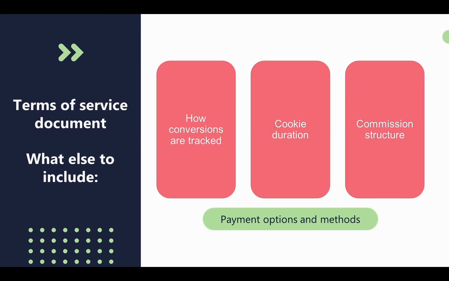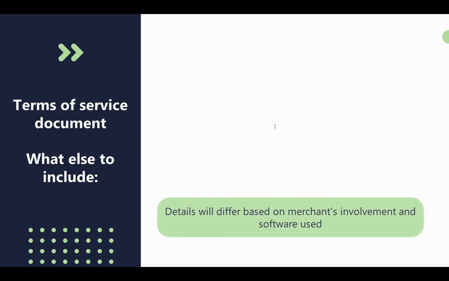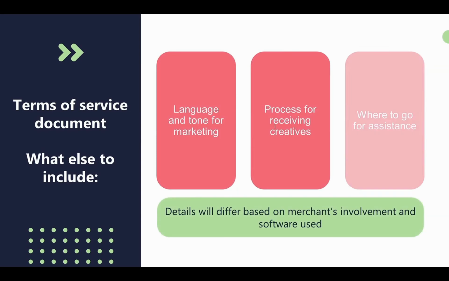You also need to include the different methods and the processing of when these things or payments will happen. Then if you're looking to become a brand, or you are an existing brand, you need to include the kind of language and tone that is used in the marketing so that they have an idea of what they are meant to do. Some businesses do go as far as giving exact copy and exact creatives. And this is something we'll discuss a little bit later on when it comes to the networks. But overall, it's just a good idea to include something about how you speak to your consumers.